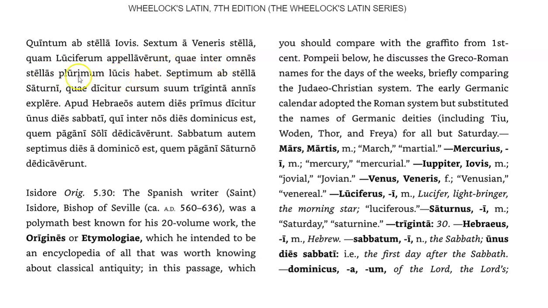So which inter omnes stellas, which among all the stars has, habet, more light, plurimum lucis, literally more of light, because lucis is genitive. But more of light, more light. The seventh, there was a septimum diem, the seventh day, they named after the star of Saturn,